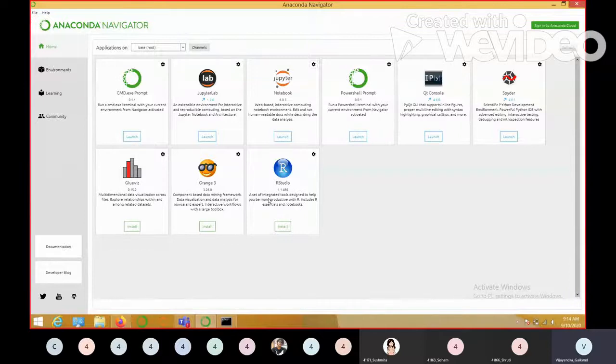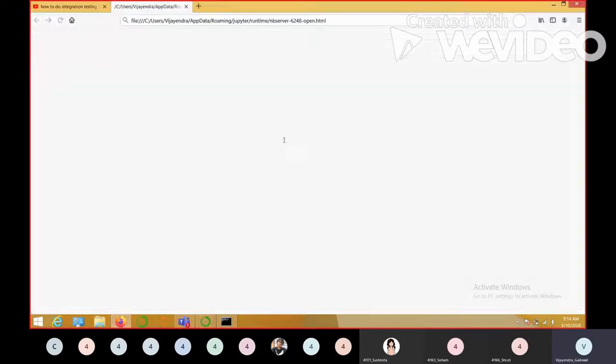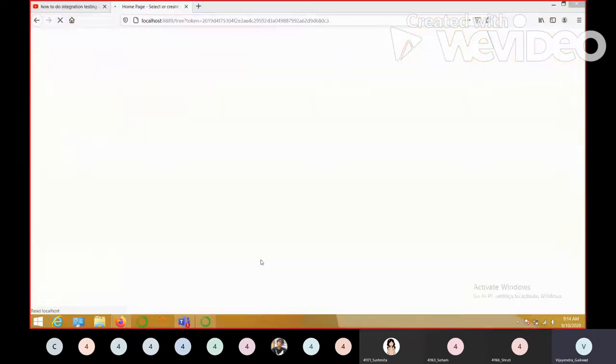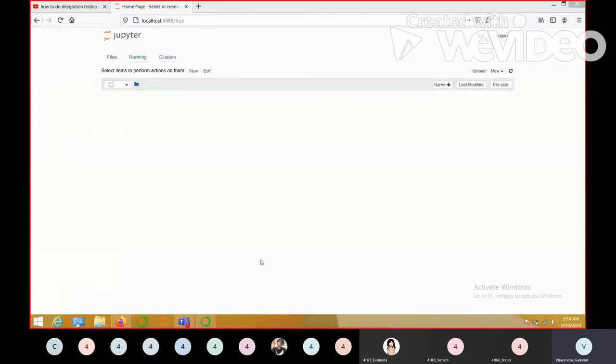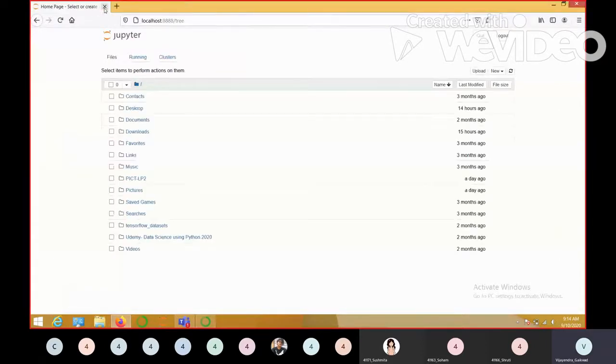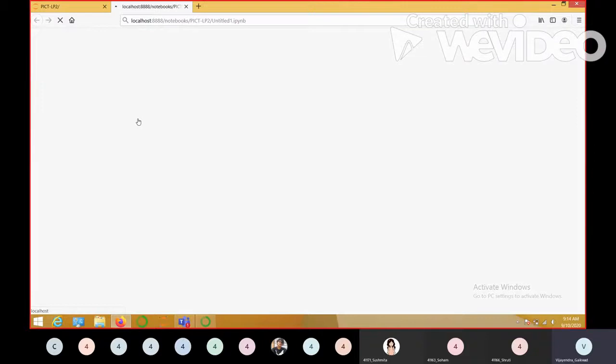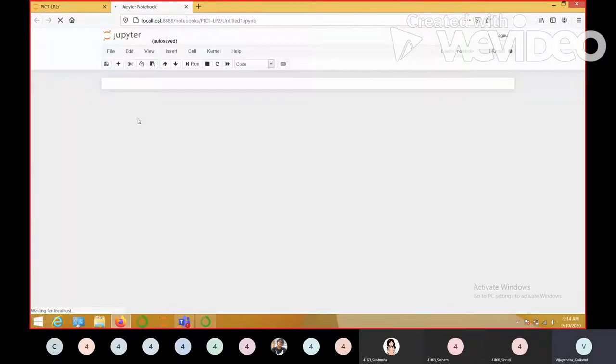We have launched the Jupyter Notebook. It will take some time. Here, you may create a separate folder for LP2 practicals. And here in a new notebook, you will type in